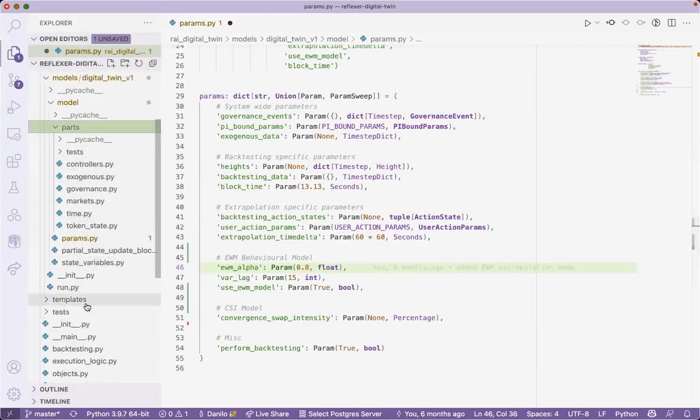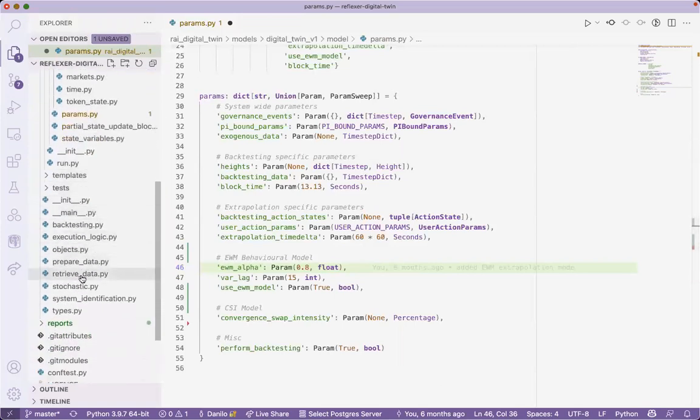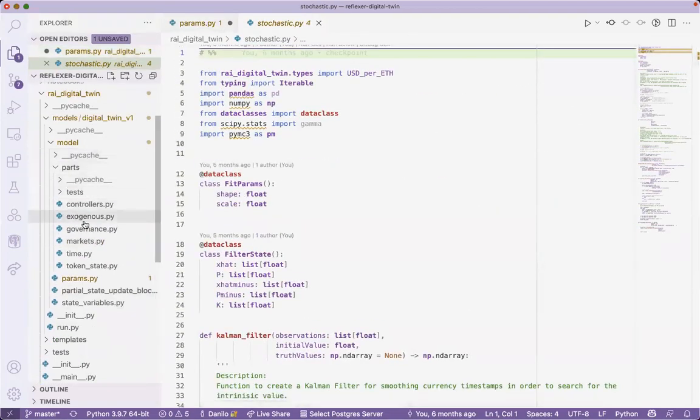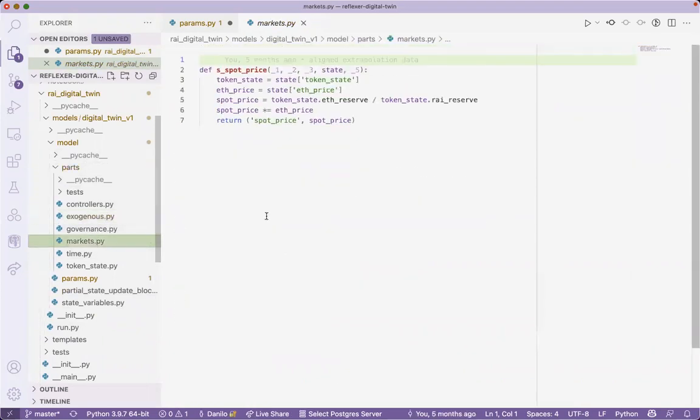Yeah, if you want a bit of a spoiler, the place where the EWM is defined, let me remember where it is. It's not here. I think it's on the. I don't remember where it was.